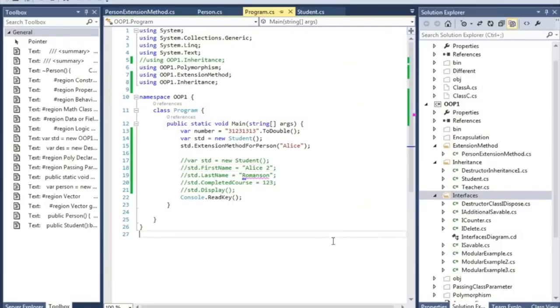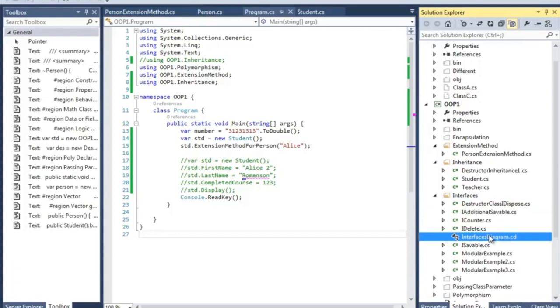We're in Visual Studio, and here we have our interface examples. For these interface examples, I have used the Visual Studio class diagram tooling system. Many developers don't use it, but I really like to use it when I have many classes and diagrams. It's really easier to work with. So let's go to the diagram to see what I did.